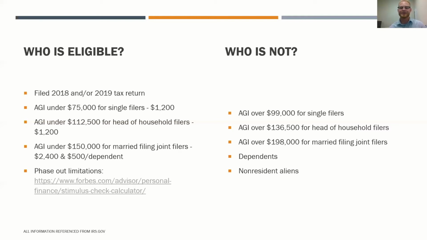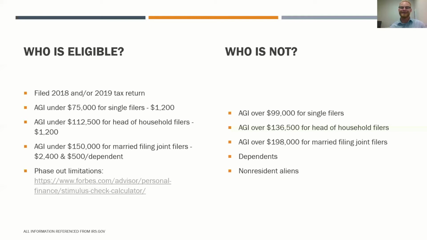Okay, and then for head of household, the top tier for that is $136,500. If you're over that, you are not eligible for that check. If you're between that and the $112,000, you might get a portion of the check as a phase out. And then if you file joint and your adjusted gross income is over $198,000, you will not be eligible